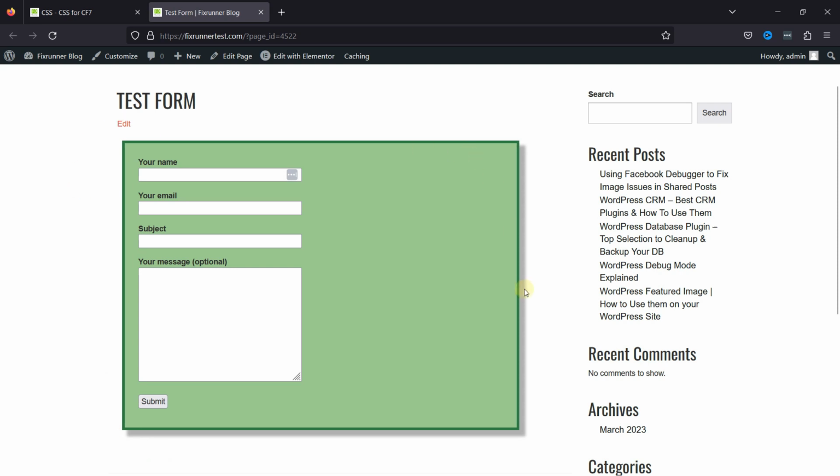Now, in case you want to customize the box shadow and fetch the relative code, you can simply visit a website named